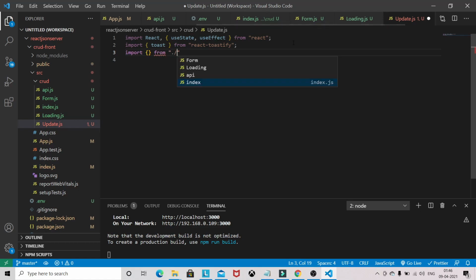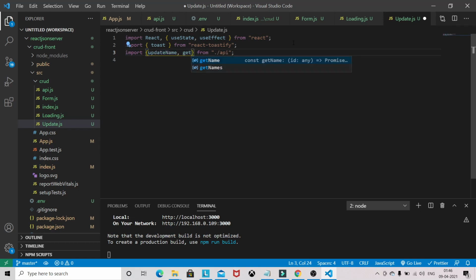And from the API we need update, updateName and get the single name. First, update.